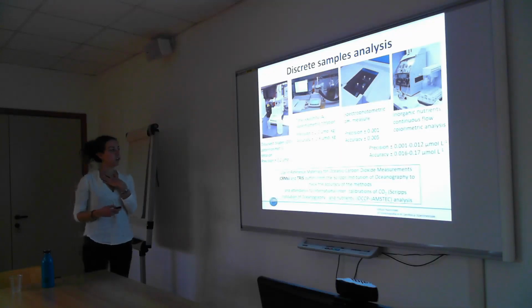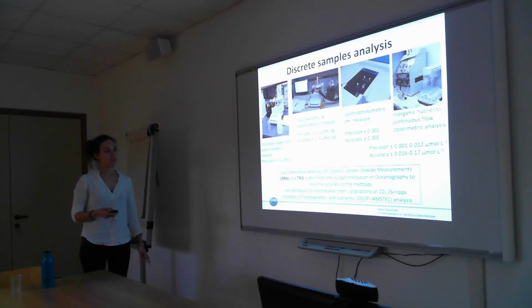For dissolved oxygen, we have a precision of 0.2 micromoles per liter. For total alkalinity, an accuracy of 2.8 micromoles per kilo, and for pH 0.005 pH units, and those two are really important. The accuracy of the carbonate system measures is really important because we need to find, as I said before, a change that is really, really small. I mean, 3 parts per 1,000 here, so it's really small, and you need to be really accurate and precise. And for nutrients, precision and accuracy depend on the parameter, but are more or less between